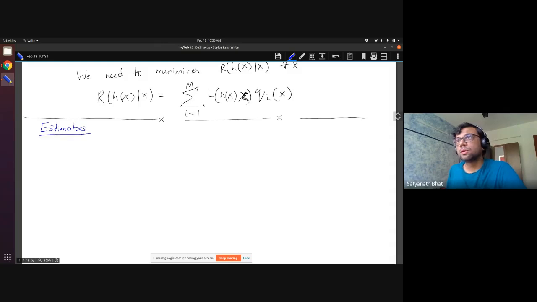Let's look at a simple example. Let us say there is a coin with an unknown bias. We don't know whether it is an unbiased coin or a biased coin. The probability of head is unknown, and let's say it is P. From this coin, we do some tosses, and let us say that we get two heads and a tail.